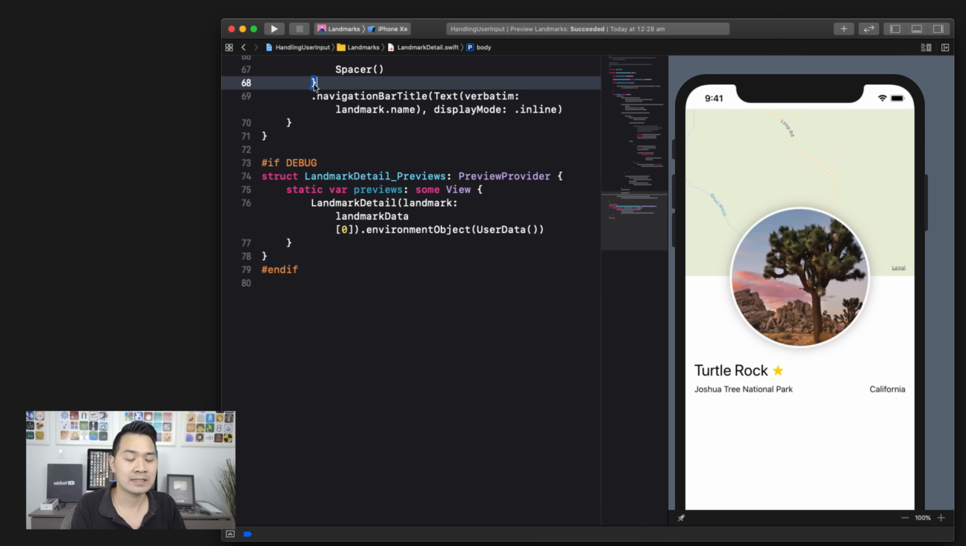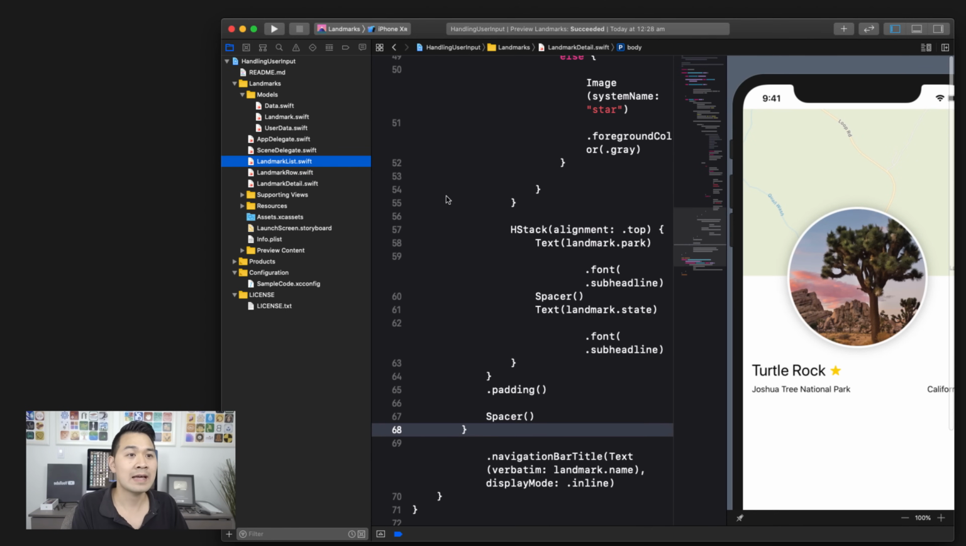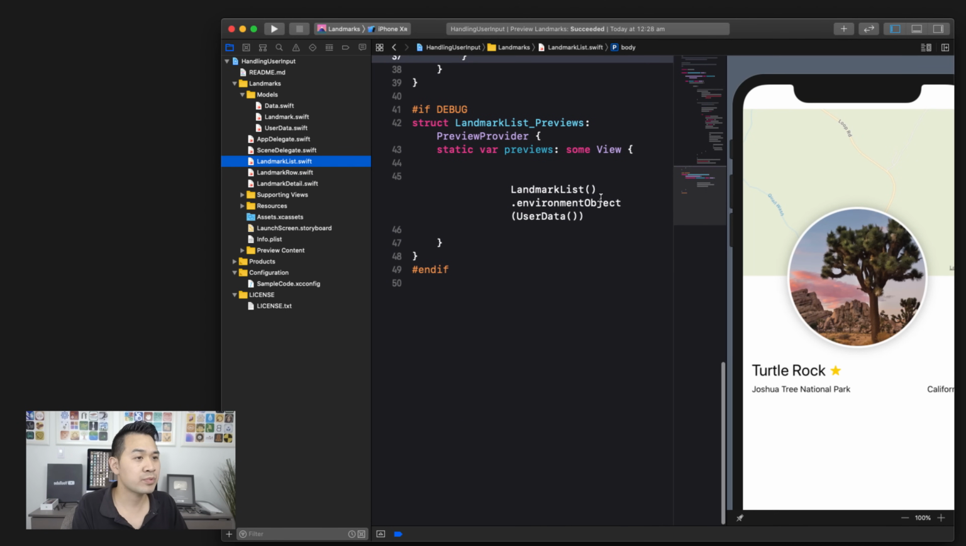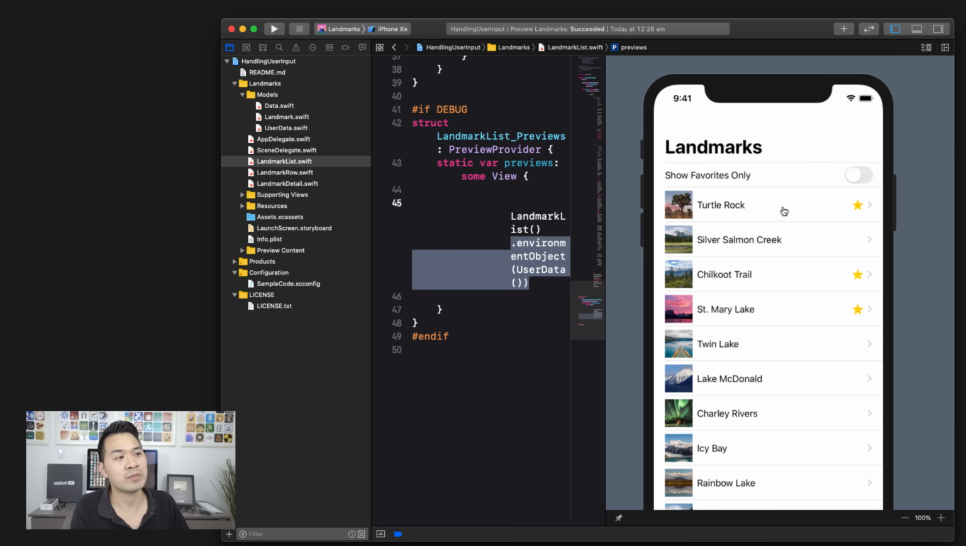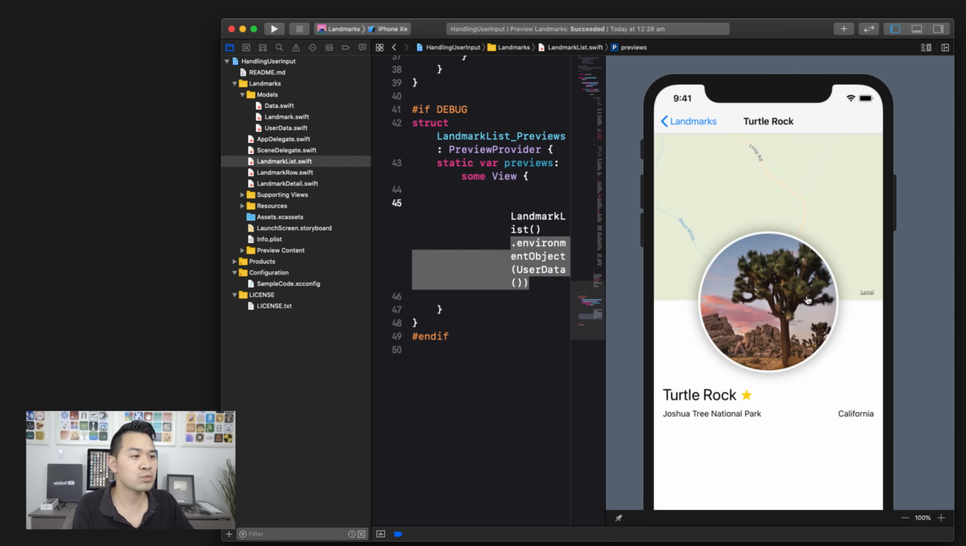When we're looking at the landmark list for this preview, right, when we create this landmark list and then we set the environment object here, this landmark list, when we're playing around with this preview, creates those landmark details and stuff like that. So that's why that environment object gets passed into the landmark details that is created from this preview, right? Because this preview is being generated from this piece of code right here,